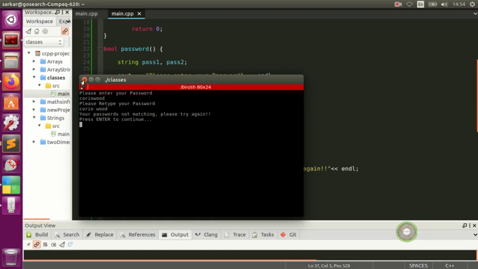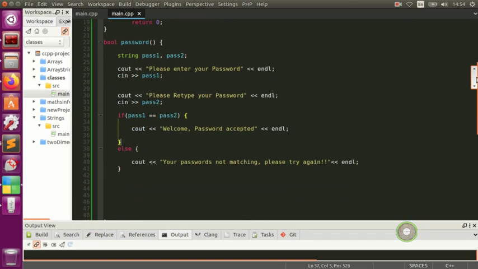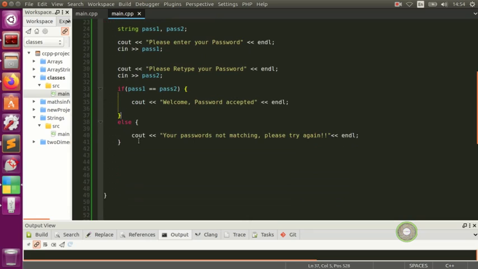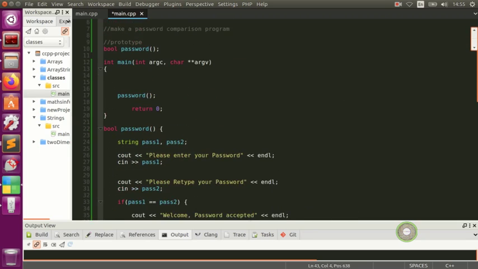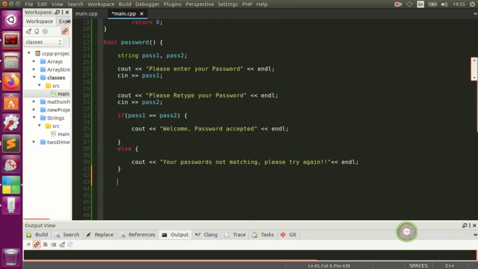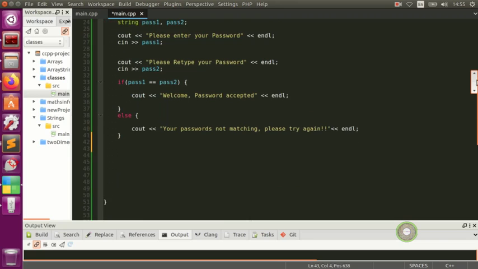All right, so now we're going to display the size as well. You can do whatever you want with your program, so you can make it more complicated, and you can put the length of your password. You can check the length of the password, and you can do a lot of things with the password. In the next video I'm going to do that. So it's a very small simple program, but if you want to make it complicated, we can do complicated programs as well. So you can put a cout